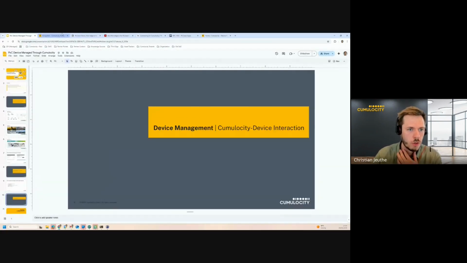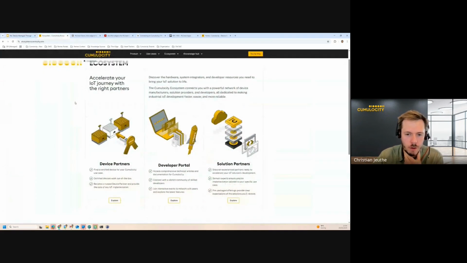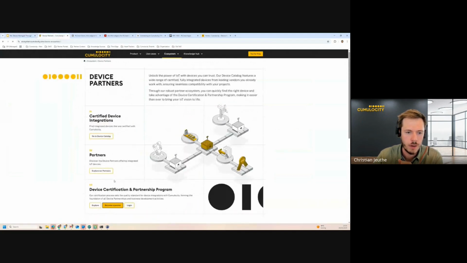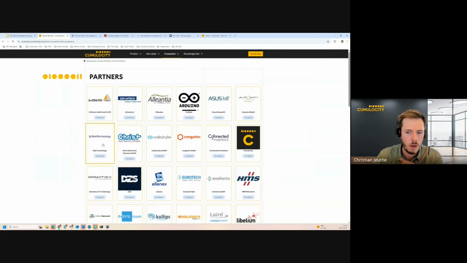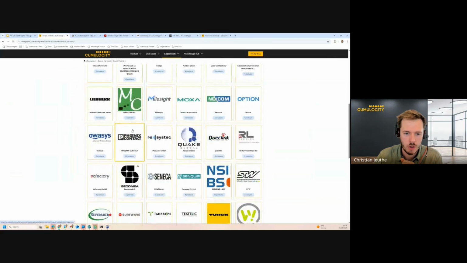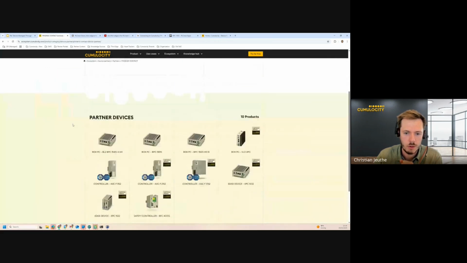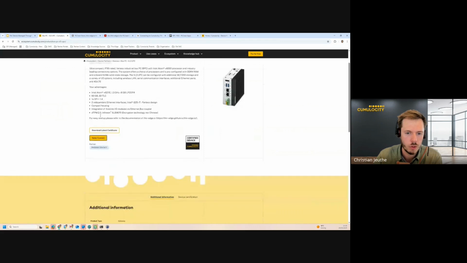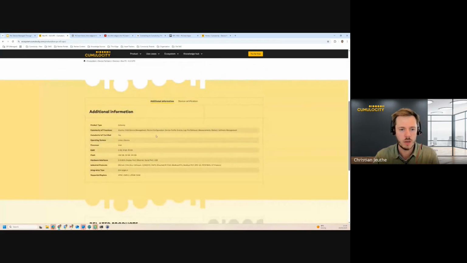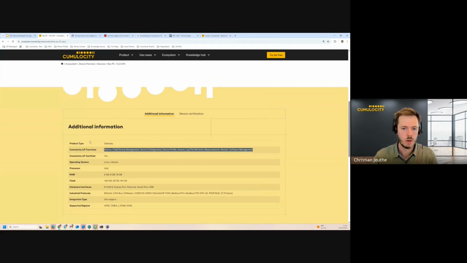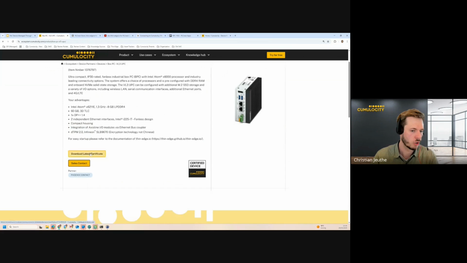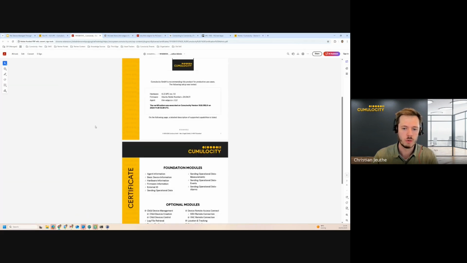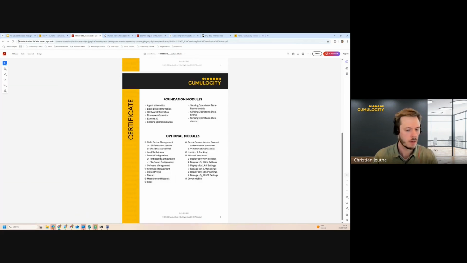Correct. So now let's look into the ecosystem website of Cumulocity. You can find the partnership described under device partners, and then there is a Phoenix Contact section where all the devices are listed that you can use together with Cumulocity IoT, and also the features that can be used, right? There's an explanation about the features in the Cumulocity IoT functions description and also in the certification document. So these devices are certified to work with Cumulocity, meaning you can use exactly the certified features